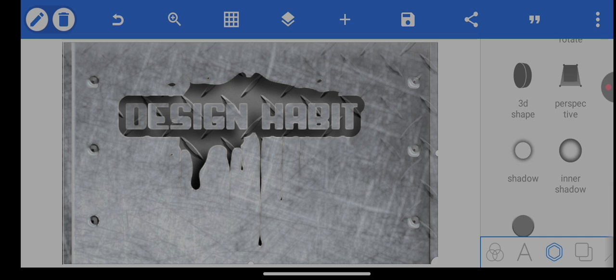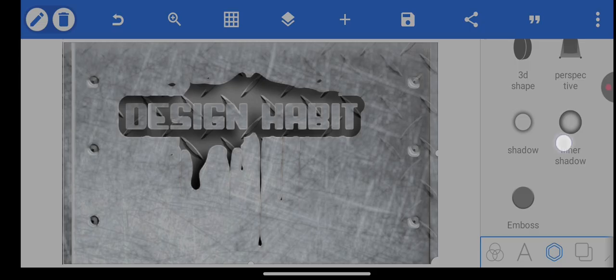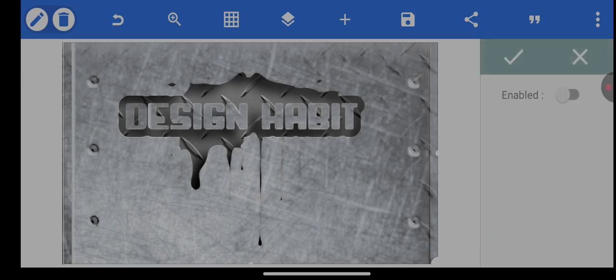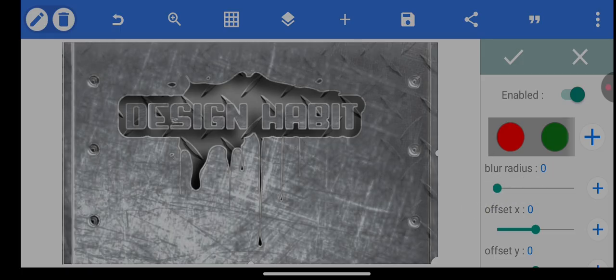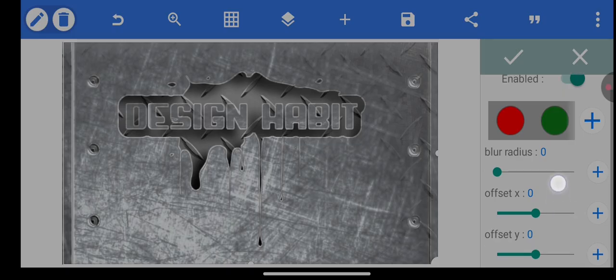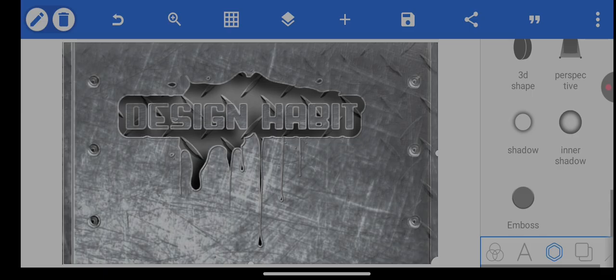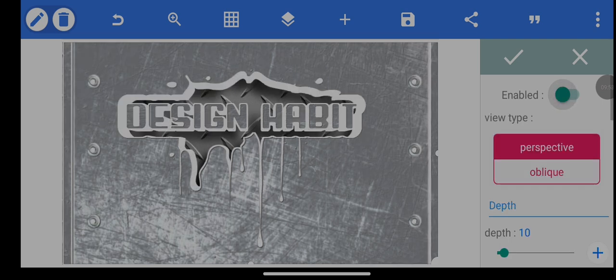Now let's go to inner shadow. Enable. Decrease this one. Then scroll down. Let's go to 3D and see what we got. It's too thick. You reduce this one to 0